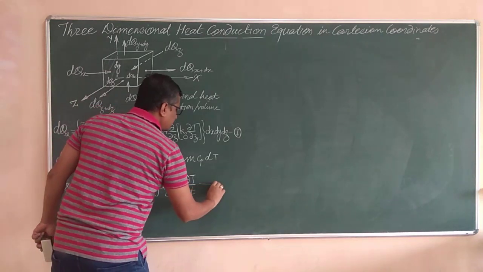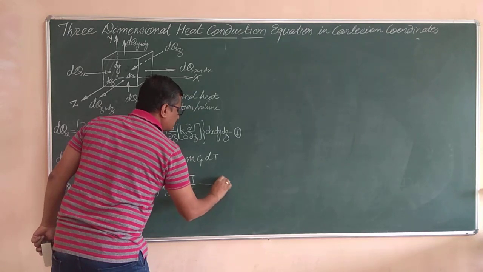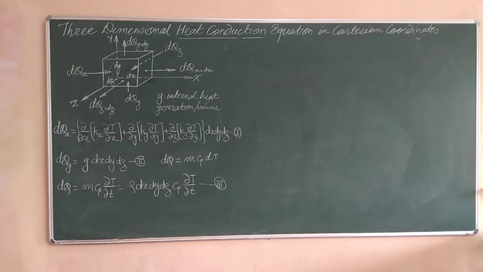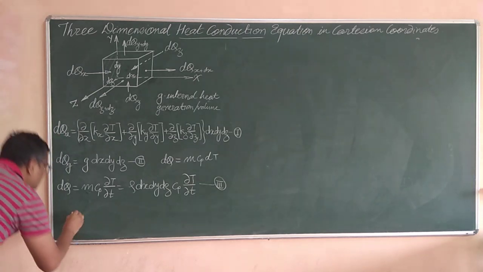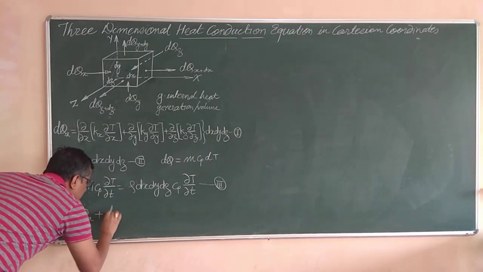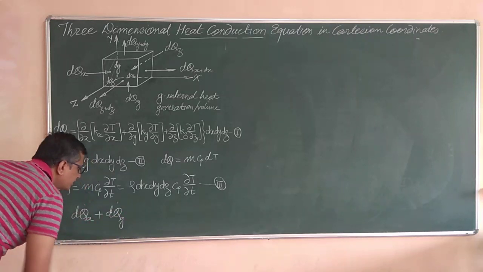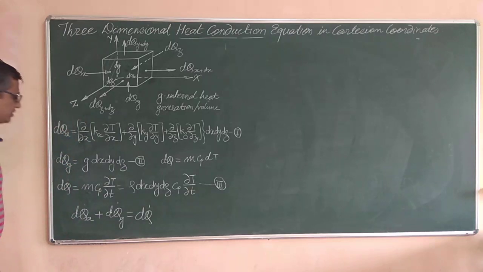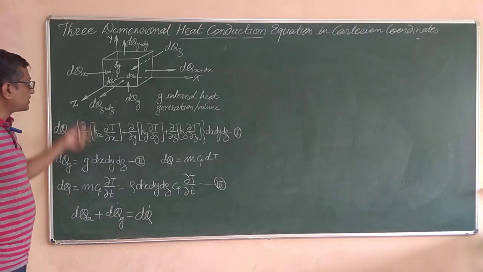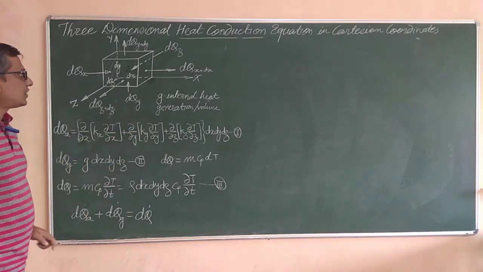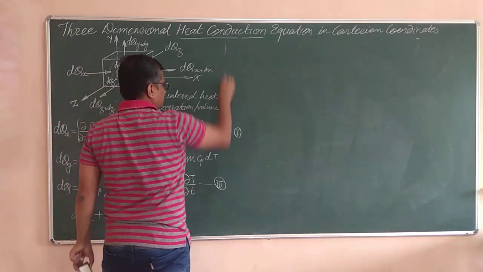And this is, I think, the third part of the equation, which was on the right hand side at the beginning we have seen. Now if I combine all these three parts, the basic energy balance equation will be something like this. This is dqa dot plus dqg dot, the rate of heat generation, has to be equal to dq dot, the rate of change of heat persisted by that body, that element, with respect to time. And if I put down all these values from equations 1, 2 and 3, what will I get? I will get one more equation,